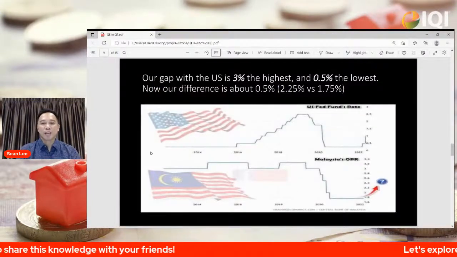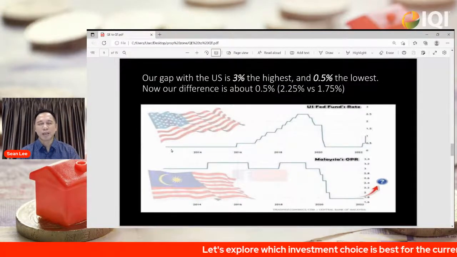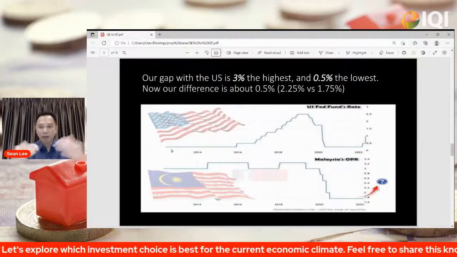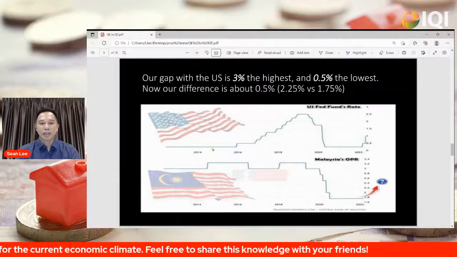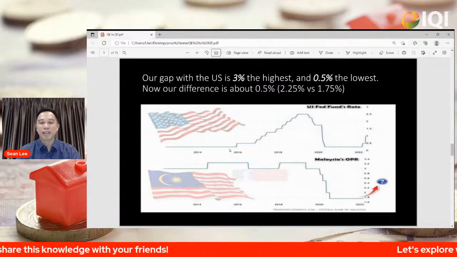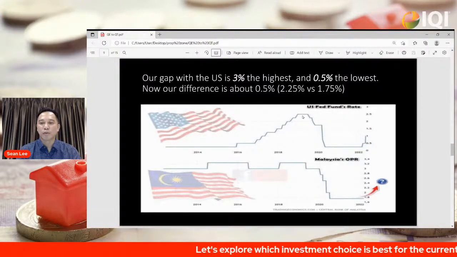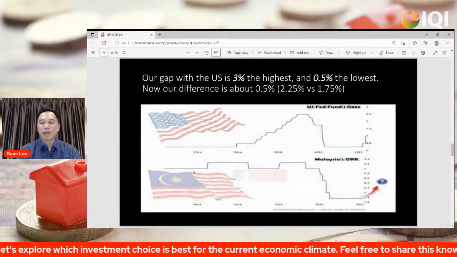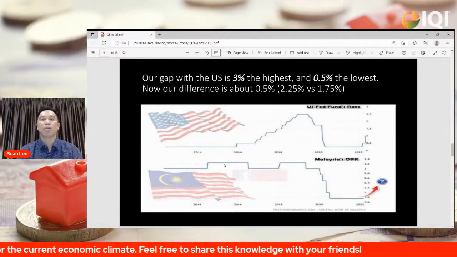So if I can give you a chart to give you a basic understanding, a clearer picture of how the US Fed fund rate has moved and how the Malaysian OPR moved and how they actually move in tandem, I can give you this chart. Okay, so I can mention to you from the year of 2014, the US interest rate was very low. From 2008 until 2016, 0.25%. And then subsequently, they raised their rate until 2.5 and dropped down because of the COVID. All right. This is Malaysian. Actually, in general, the Malaysian OPR is always higher than the Fed fund rate at any given point in time.